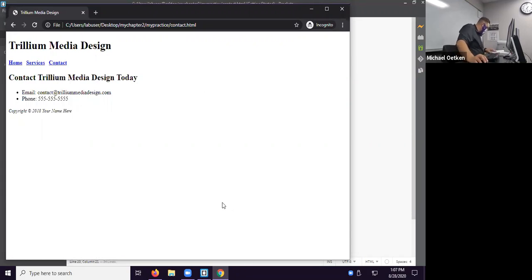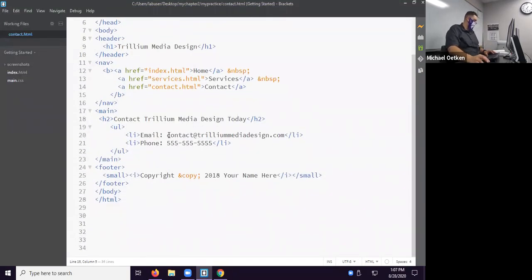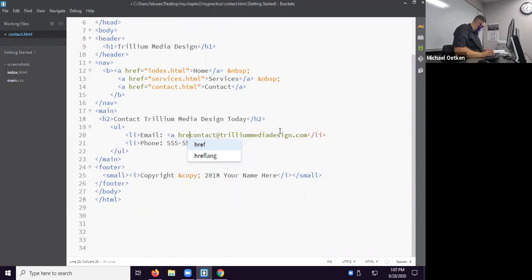So real quick, on page 57, let's go back to our contact HTML file here. We want to make this email a clickable link that would pull up an email application on the computer. So we need to add in an anchor element here for the email. Right before the email address, we're going to add in our anchor element, so a href equals,